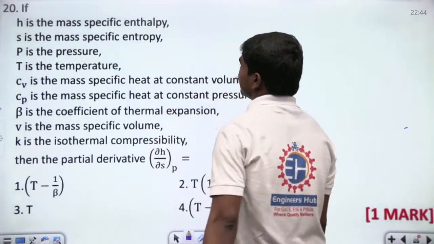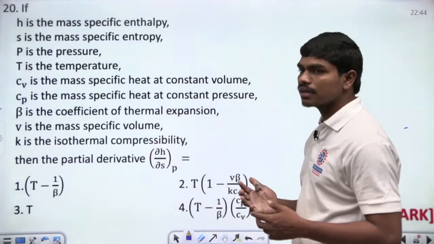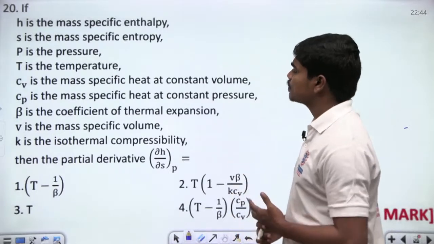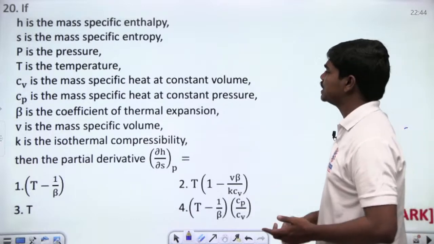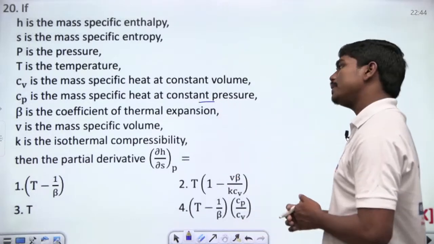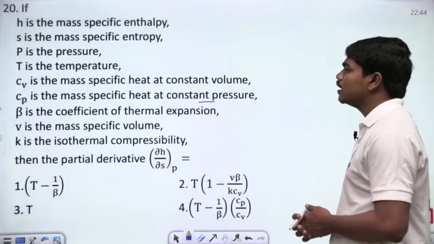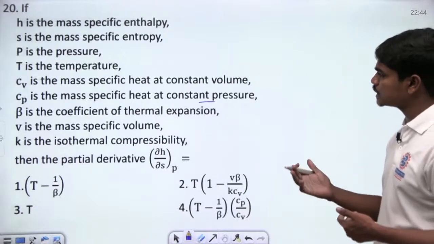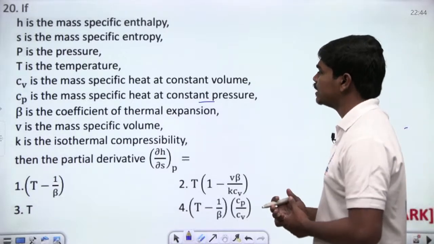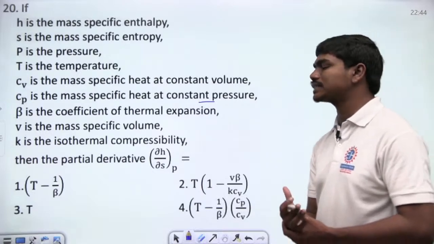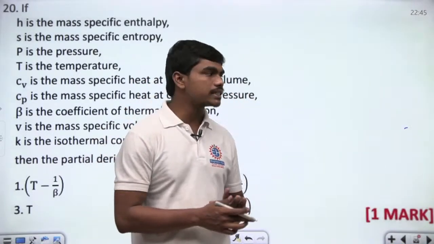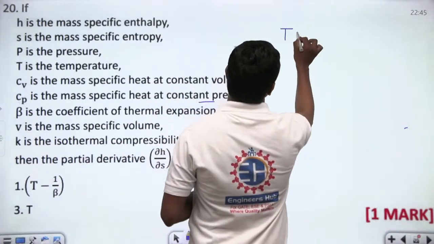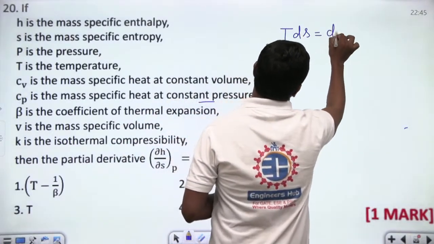20th question. If H is the mass specific enthalpy, S is the mass specific entropy, P is the pressure, T is the temperature, CV is the mass specific heat at constant volume, similarly Cp at constant pressure, beta is the coefficient of thermal expansion, V is the mass specific volume, K is the isothermal compressibility. Then the partial derivative of dou H by dou S at P. Look, these TdS equations are valid for any substance, correct? So if you have this TdS relation as TdS is equal to dH minus VdP,